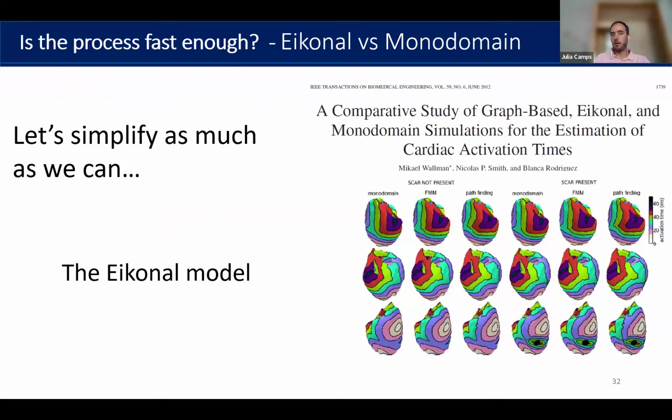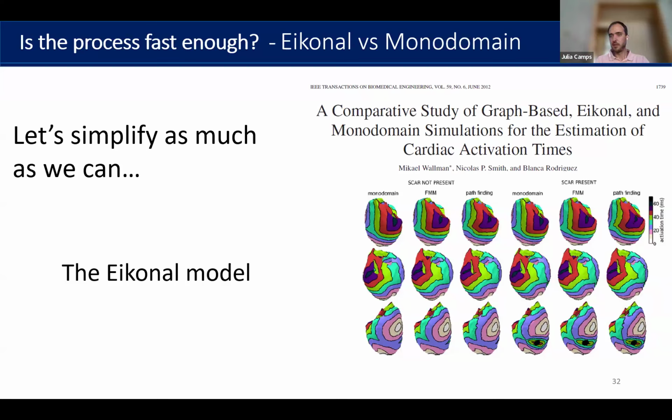So then the next thing that we need to think about is feasibility, right? Because we're talking about model complexity and model type. Depending on the model choice, we will start running into feasibility problems. And this will happen very quickly, especially if we go down the route that we are choosing, which is to use a mechanistic model. State-of-the-art mechanistic models for cardiac electrophysiology would be the monodomain. And it will be completely unfeasible to build any sort of digital twins using a monodomain model, which is like a heat diffusion,